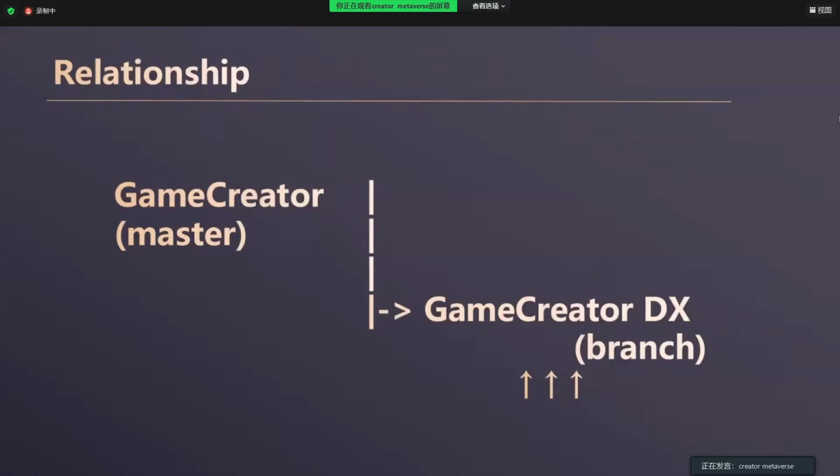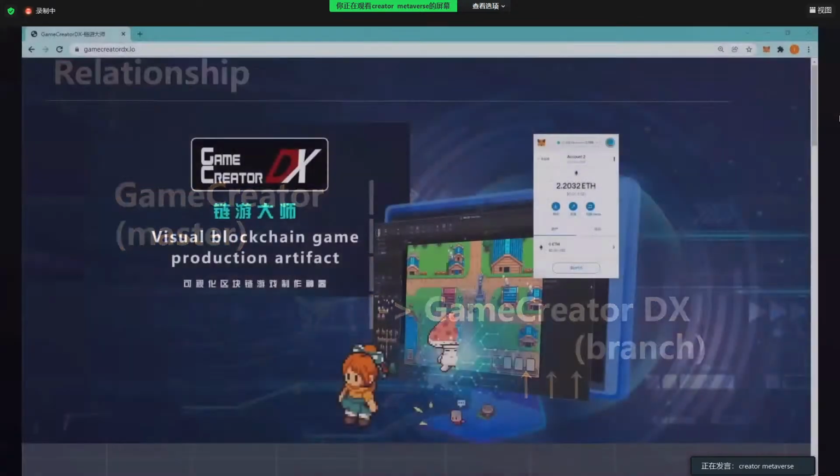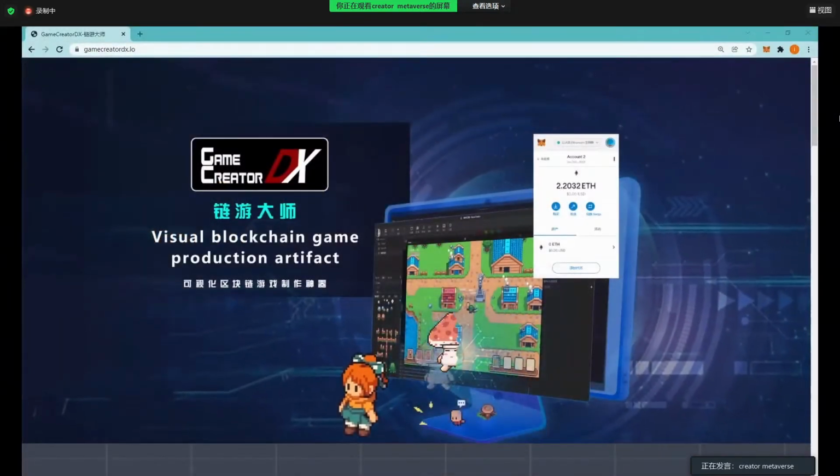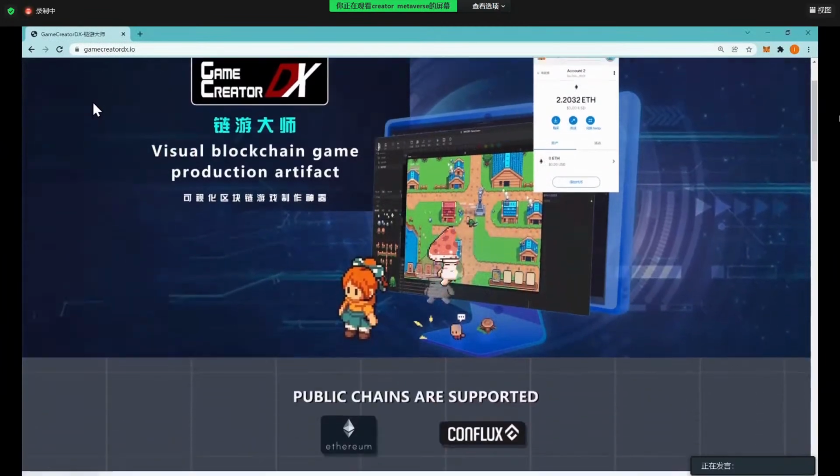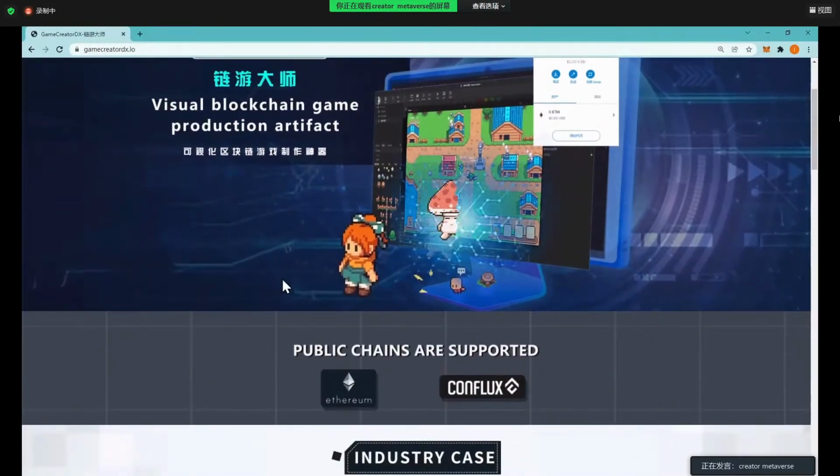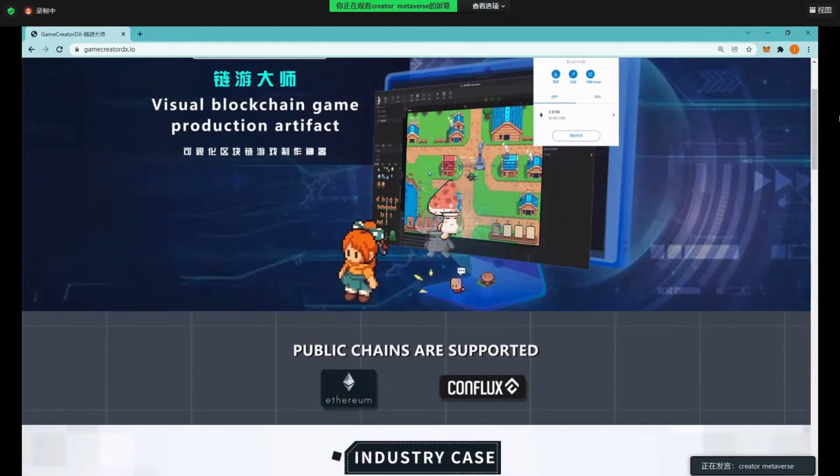I guess some of you are already interested in our product, so you may take a look at our website. If you haven't, let's take a look together, gamecreatordx.io. Currently, we support ETH and Conflux, these 2 public chains.